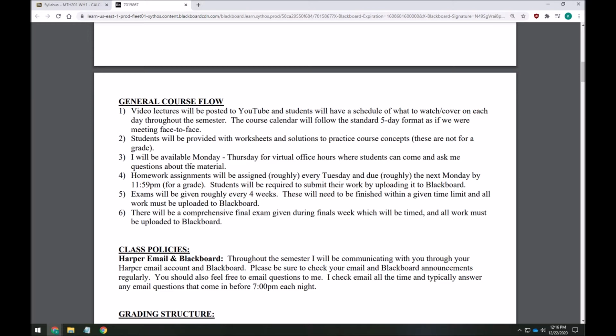Students will ultimately submit their work by uploading files through Blackboard for this. Okay. Exams in this class are going to be given every 4 weeks, and you'll do the same thing for those exams. You'll have a fixed amount of time in which to take them. It'll actually be a shorter time, like a 90-minute time period to take an exam and then upload your work